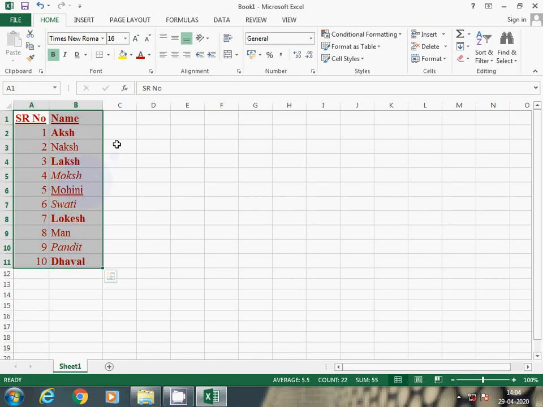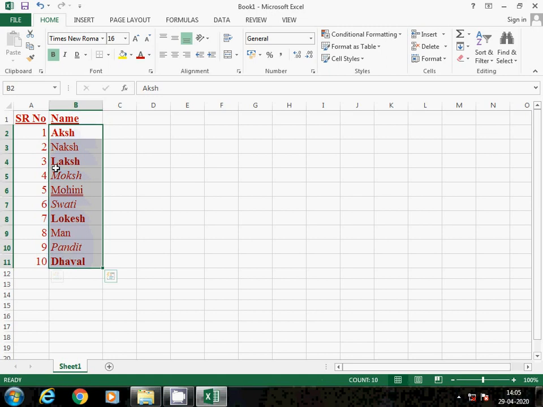Now let me see the another part, that is alignment. Simply alignment, when you start typing, numbers are always coming in right alignment, text is always coming in left alignment.